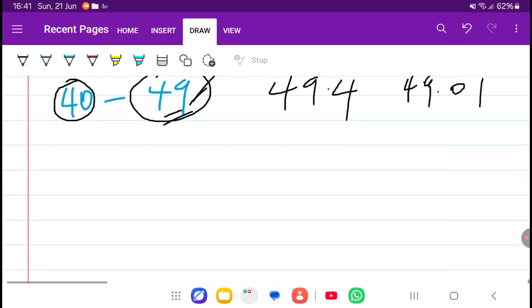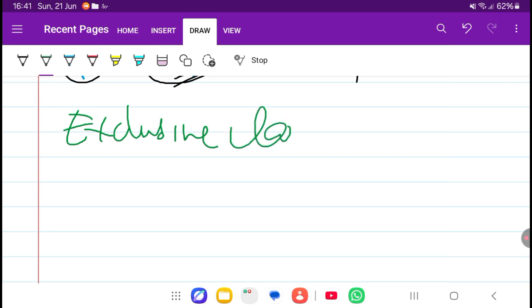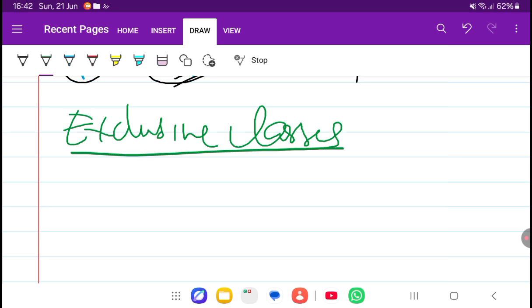That's the only difference. So if we are talking about the exclusive classes, maybe we have 30 to 40, then 40 to 50,